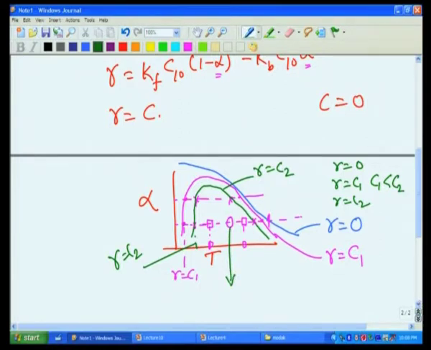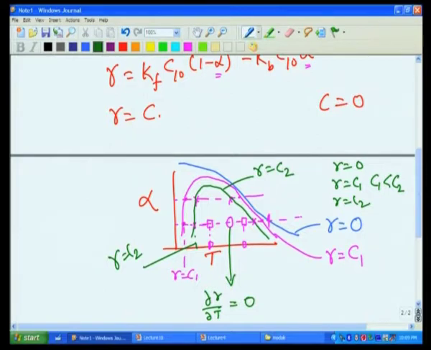At this point, what is happening? Alpha is constant, and with temperature the rate value is increasing, reaching a maximum value and then decreasing. So, if we were to express this characteristic of this point in a mathematical term, what is happening with respect to temperature? The rate has a maximum value, and rate as a function having a maximum value at temperature T has a characteristic that del R del T, the gradient must be 0.